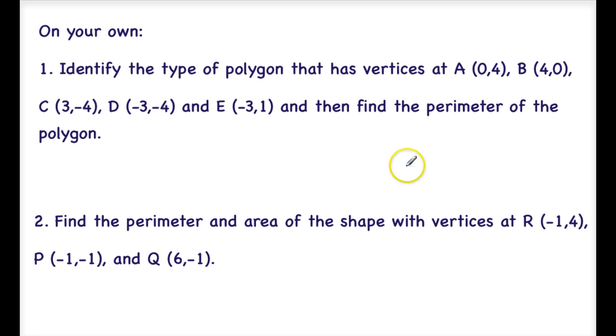So first of all, this one will be a little bit easier. Just identify the type of polygon that has these vertices. A, B, C, D, and E. That'll give you a hint as to how many sides there are of this polygon. So there's 5 vertices to plot, and then determine what shape it is, and then find its perimeter. And then find the perimeter and area of the shape with vertices at R, P, and Q. This will be very similar to the example that we just did. So use your notes to help you